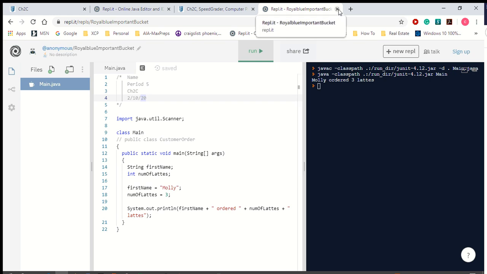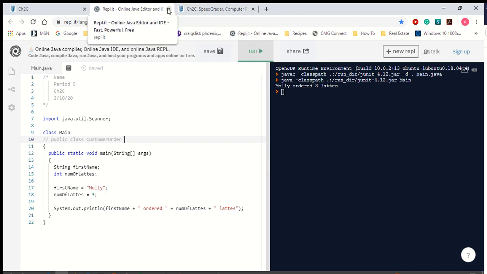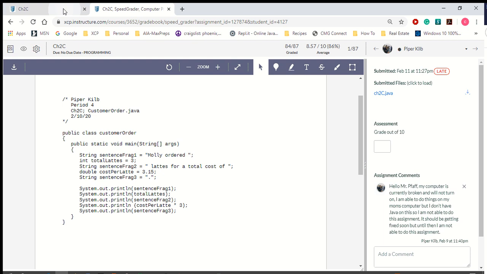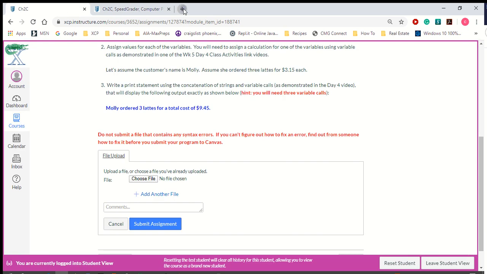And so now watch this. Now I'm going to close this, which is where I worked, or where you work, let's say on your computer, and you close it and you leave it. It says changes may not be saved. Alright, so then if I go over here